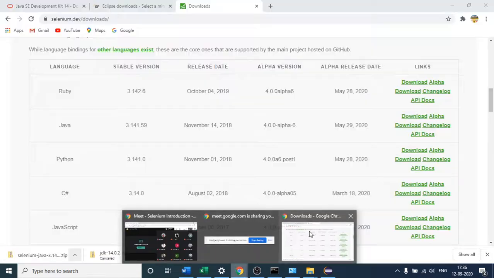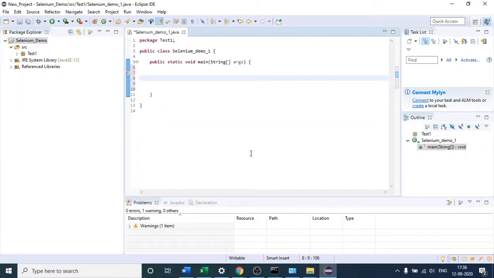See, so let me open Eclipse again. Suppose I am first starting with Chrome. One more point, let me tell you. Selenium will work with Internet Explorer, Firefox, and Chrome as well. But as far as I know, Selenium is more stable with Chrome browser. It will work on Firefox browser as well, but if you run Selenium code with a Firefox browser, then chances are that there may be some kind of errors you might face, which will not be seen in Chrome browser.